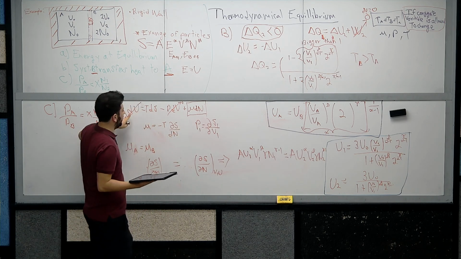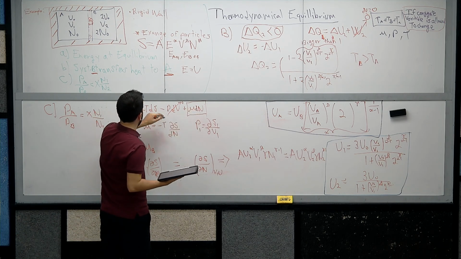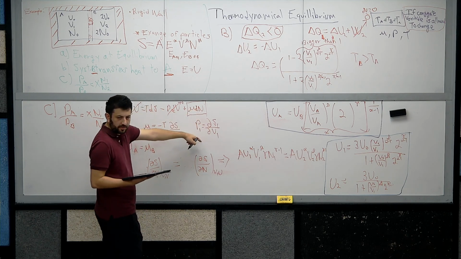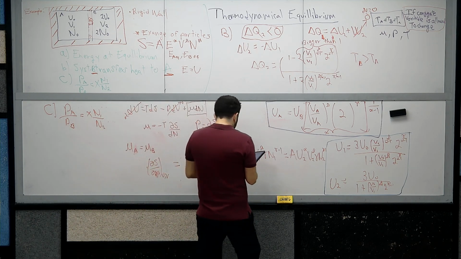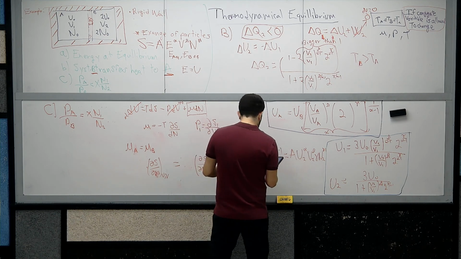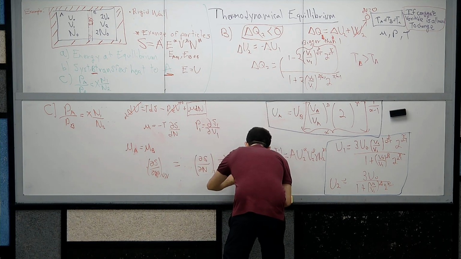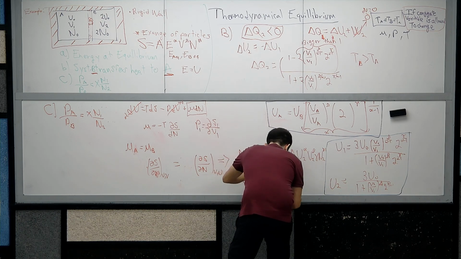You can see it from here. If we don't allow the energy or the number of particles to change, we have this relation for the pressure. So then we have P1, P2,